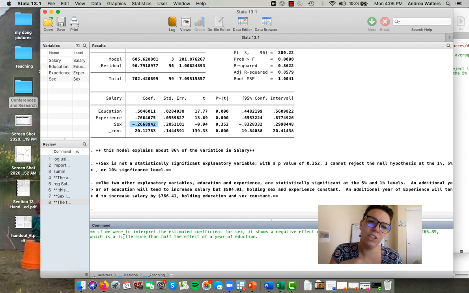So the full interpretation of this coefficient would be, if it was statistically significant, we'd say that what this regression shows us is that being male tends to decrease salary by $266.89, holding education and experience constant. Okay,